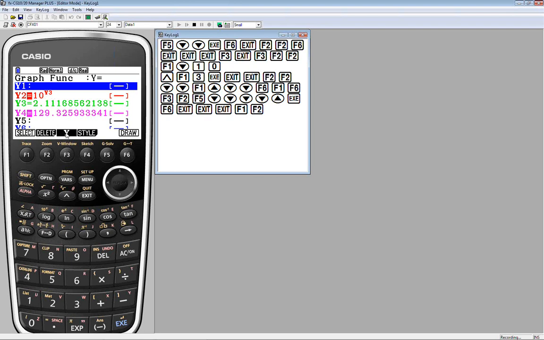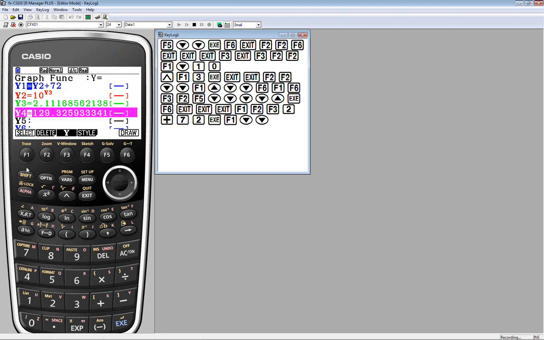And again, please remember to use this tab, Y2 plus the 72 that we subtracted off the first time. Execute to turn it blue. I'm going to use the select feature to turn the rest of them off. So one more time,